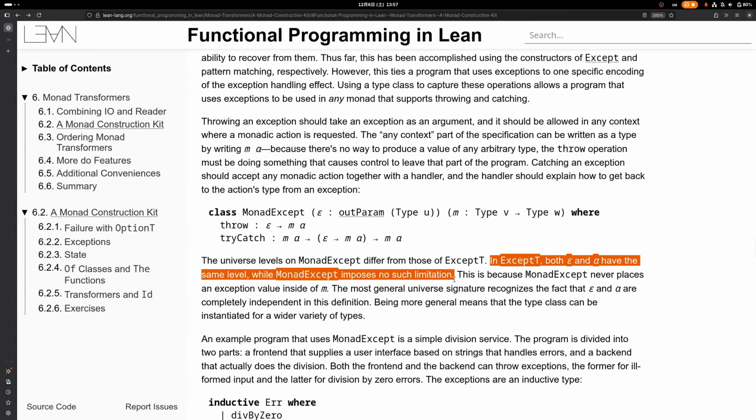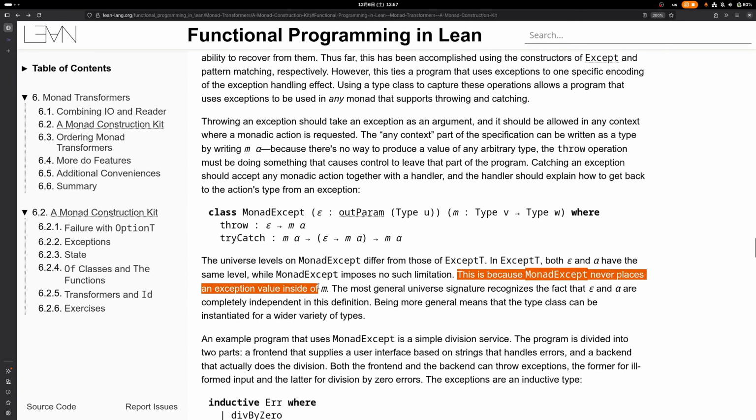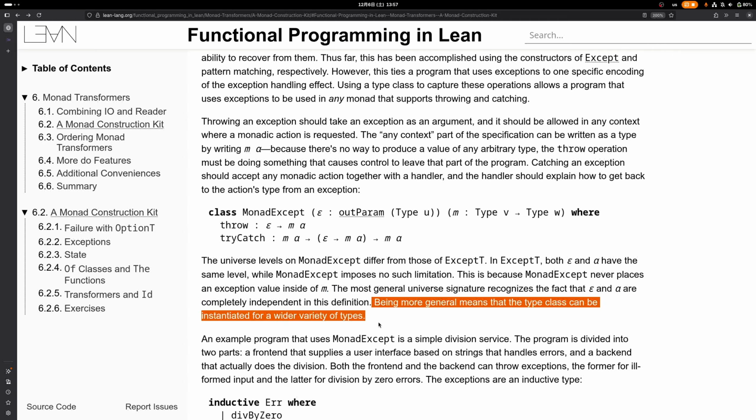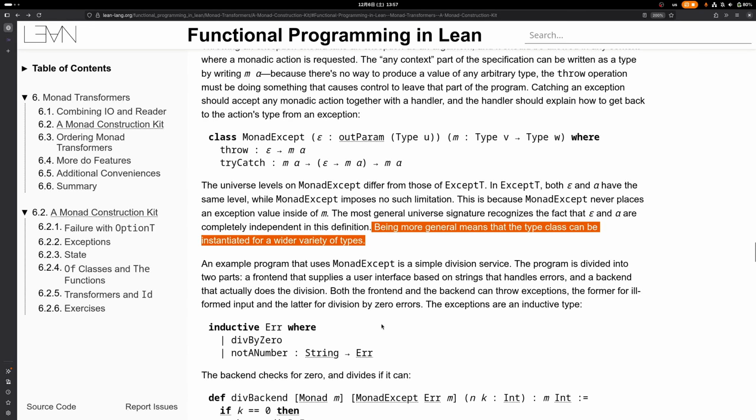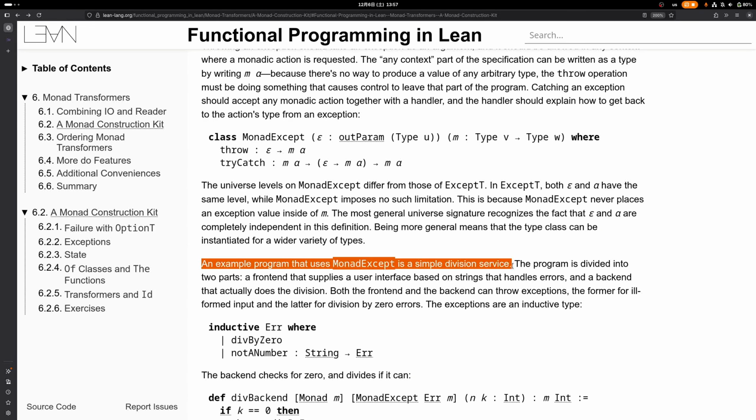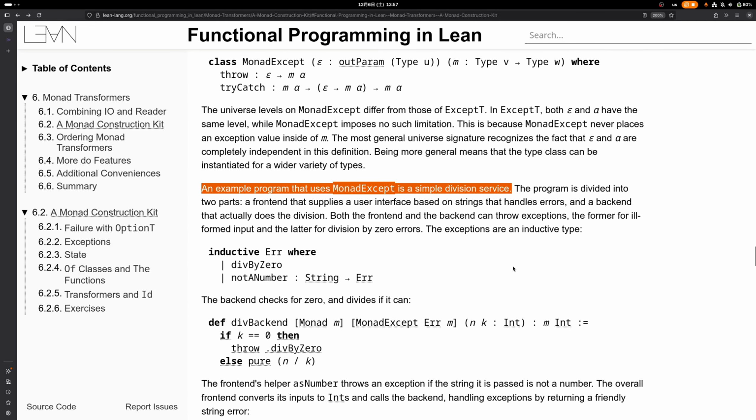So here we are not imposing the limitation that epsilon and alpha need to be on the same level. And apparently this is because we never place an exception value inside of M in MonadExcept. So epsilon and alpha are completely independent, and that will allow us to use this type class in a wider variety of types. So we're going to make an example program that uses MonadExcept by just performing division,